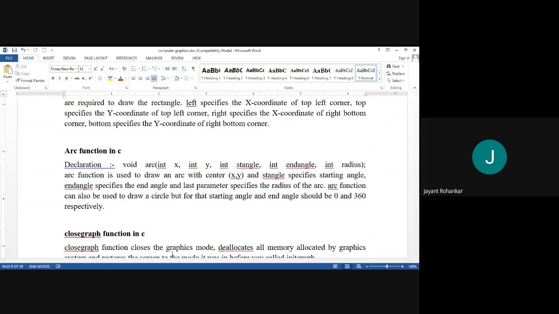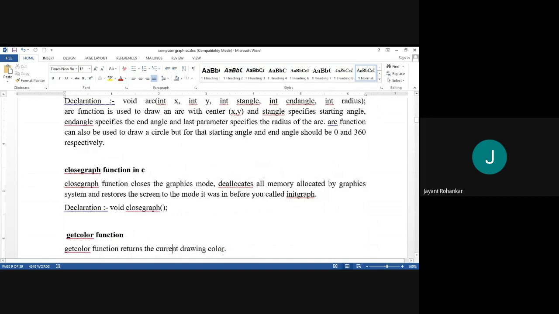Now we will see some basic functions which we need to use regularly while writing a graphics program in C. First is the closegraph function in C. The closegraph function closes the graphics mode, deallocates all memory allocated by the graphics system, and restores the screen to the mode it was in before you called initgraph.